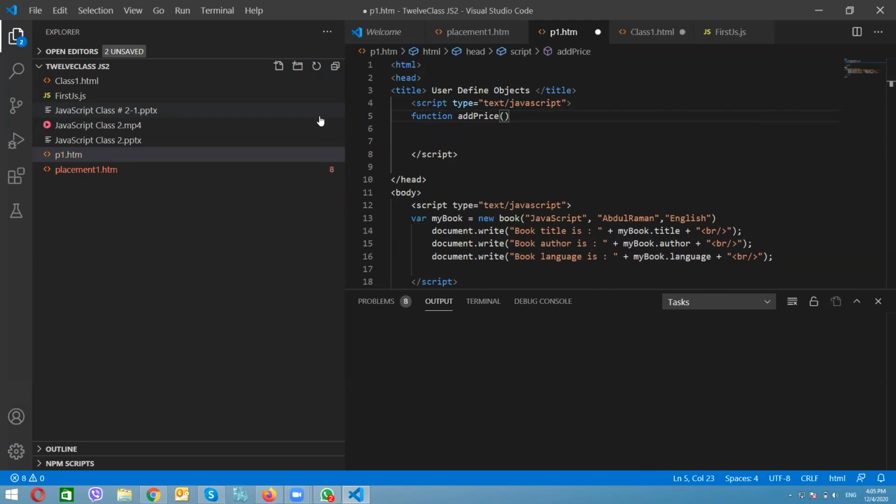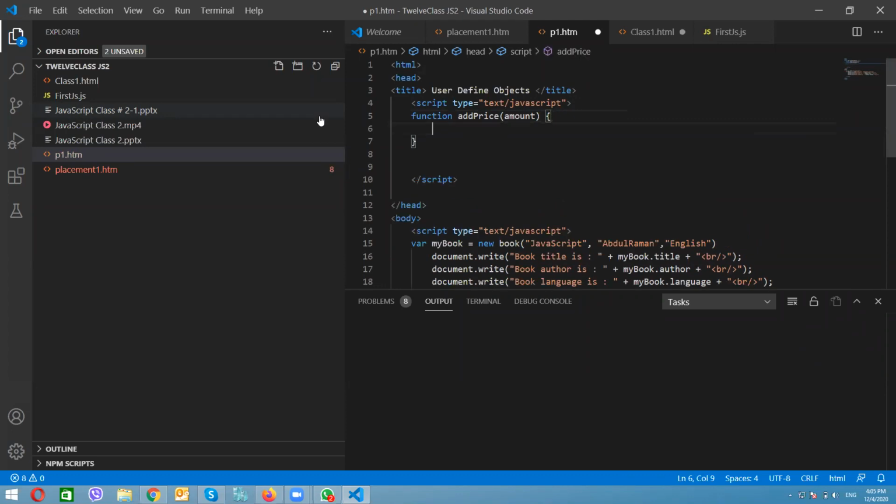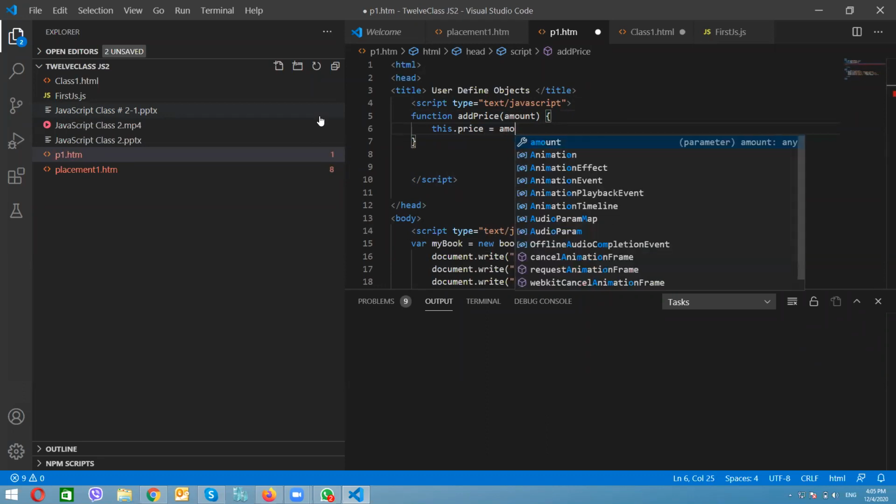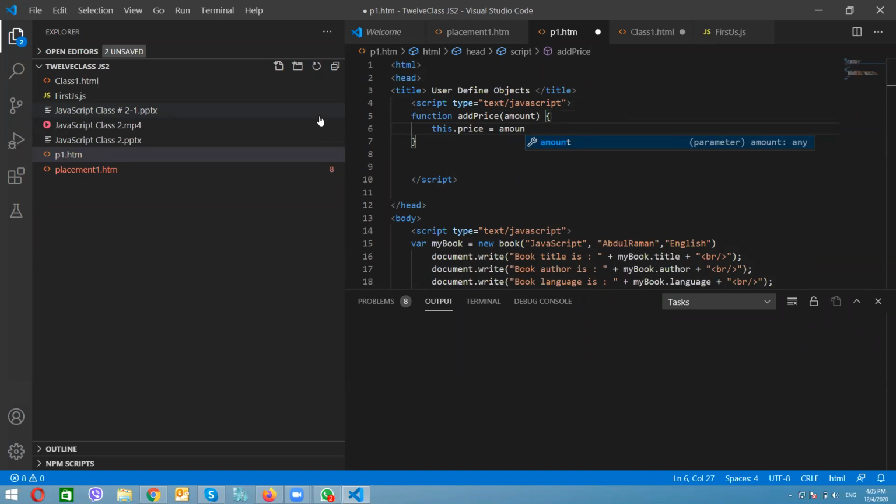I will put only one variable over here, amount, and I'll say this dot price is equal to amount. My amount will automatically come under that price. This is my simple function.